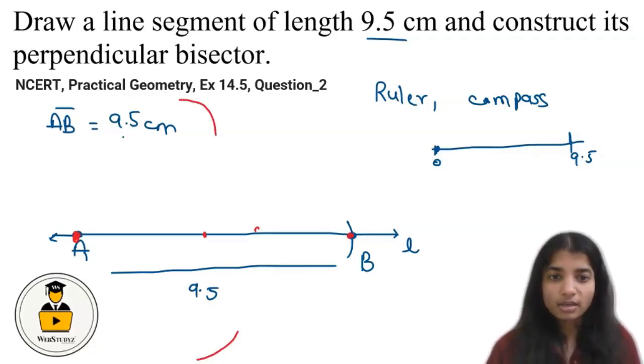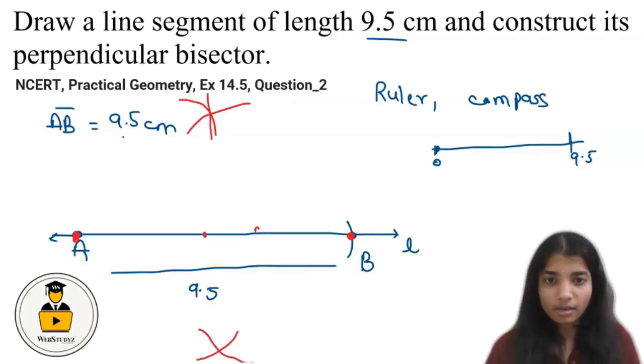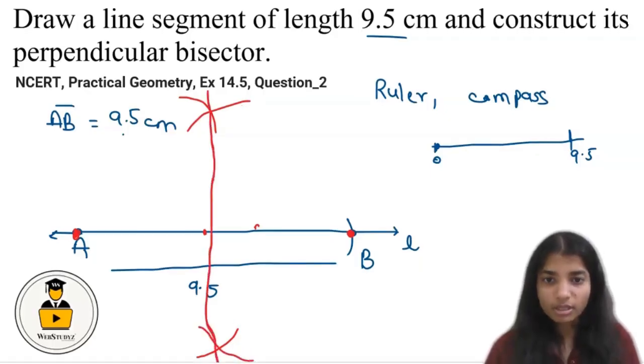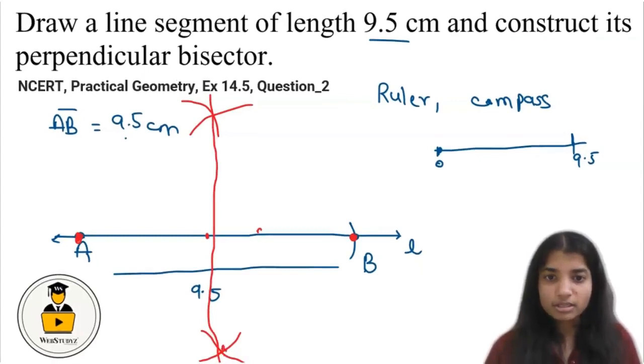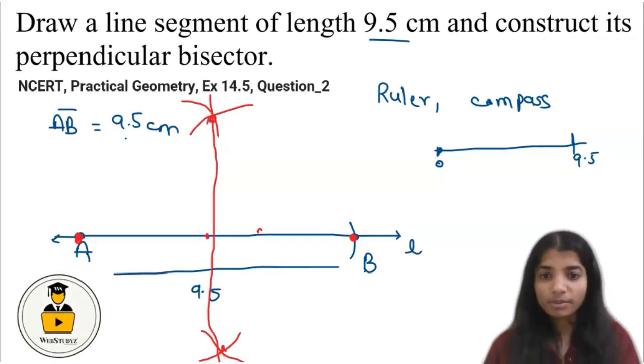Now again, using that open compass which we opened before, we are using the same length of the compass. We are going to make another arc from point B, both on the upper and lower end. So from here, we got the intersection points. Joining these two points, we got the perpendicular bisector. This is basically our perpendicular bisector. We can also name these points as, let's say this is C, this is D. So this is the perpendicular bisector of the line AB, and this is how we make the perpendicular bisector. So this is the answer to the given question.